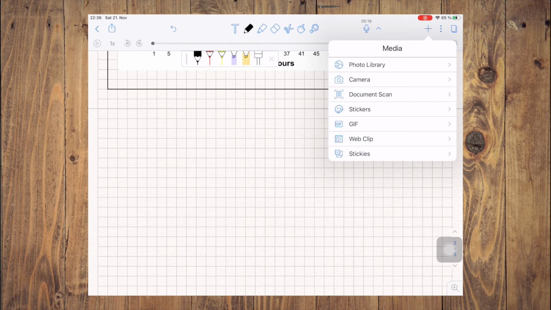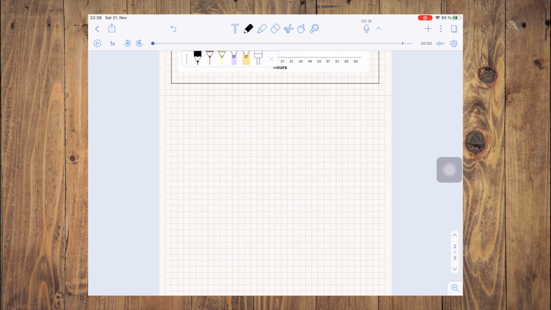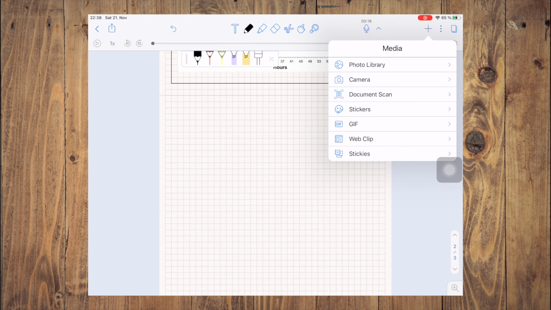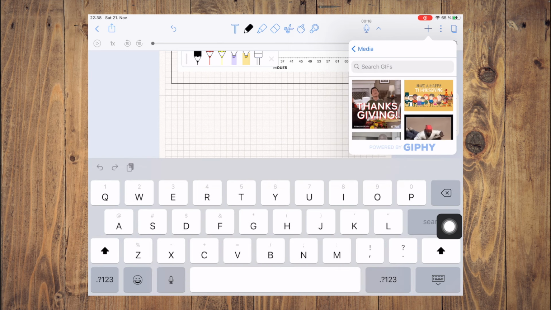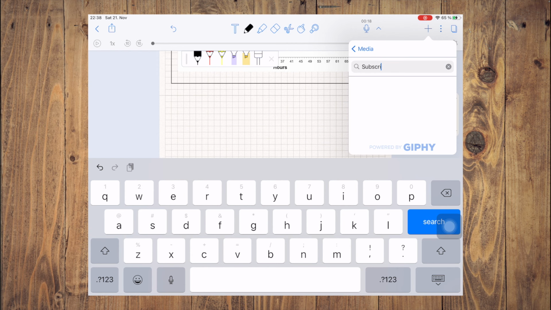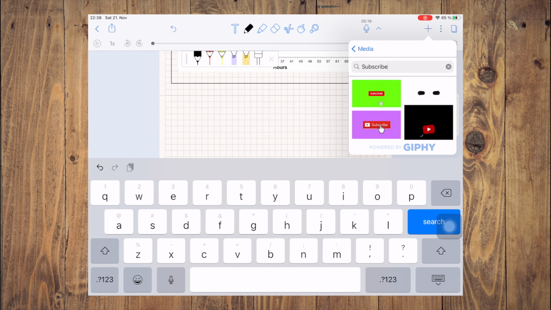Then you can scan the document right from your iPad and you can work on that document. You can scan documents, you can add some gifs also here. For example, just go to the plus icon, go to the gifs, write what you want to find and just select,